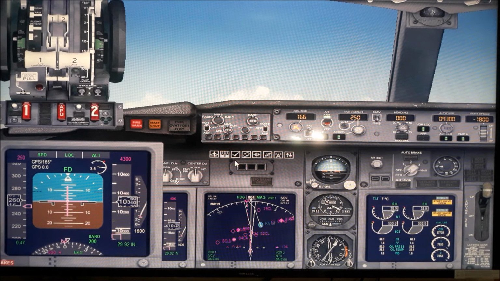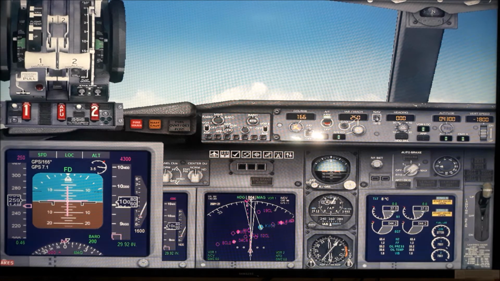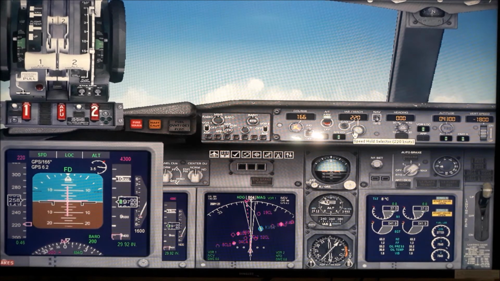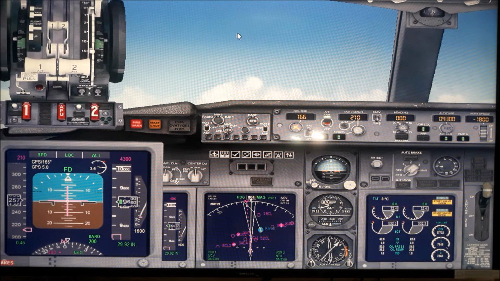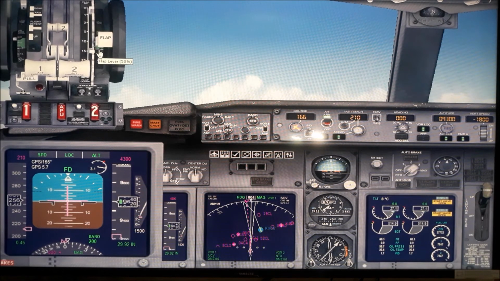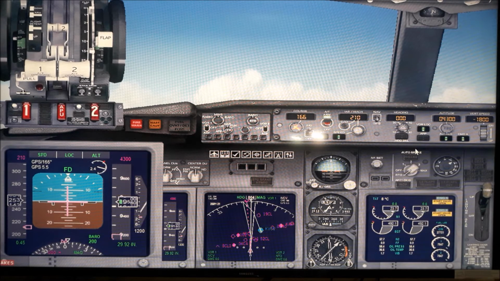All right. So many things to know, but it will take a long time and it will be a long video. So I'm just making it quick so you have a chance to see. We can make another one. All right. Now we start our procedure. We have to put the flap down. Slowly we have to increase and we will be at full flap for landing. So what we will do, we will reduce our speed to around 210 and we will put our flap to position 10 or 15.